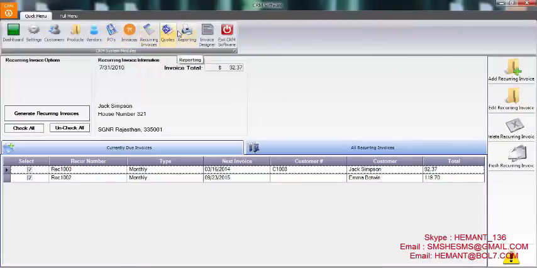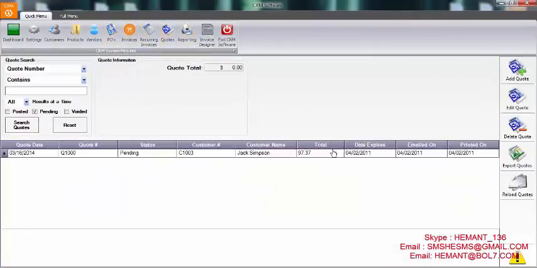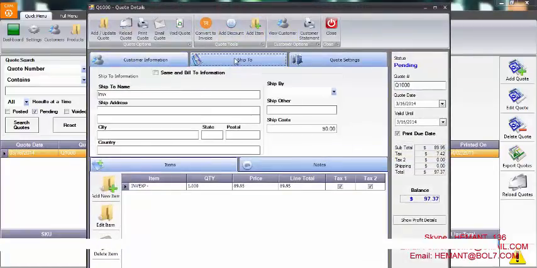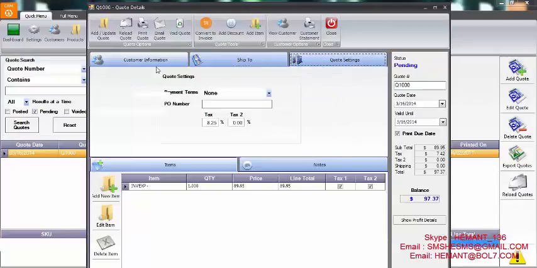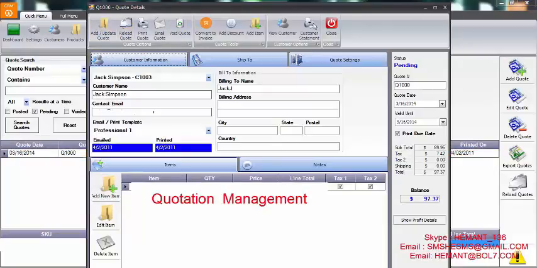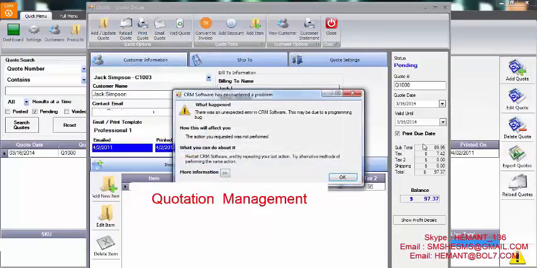Now basically the next option which we're going to use is codes. For example, you want to create a code for a person, you want to edit a code, you want to add a code, or you want to delete a code, then that can be done through this option. When you double click on this option, you get that to edit it. You can edit it according to your own information and requirements, and this all can be done when you click on the add update button. Now the same code can be printed through the print code option. When you click on the print code option, it can be directly printed through a printer.